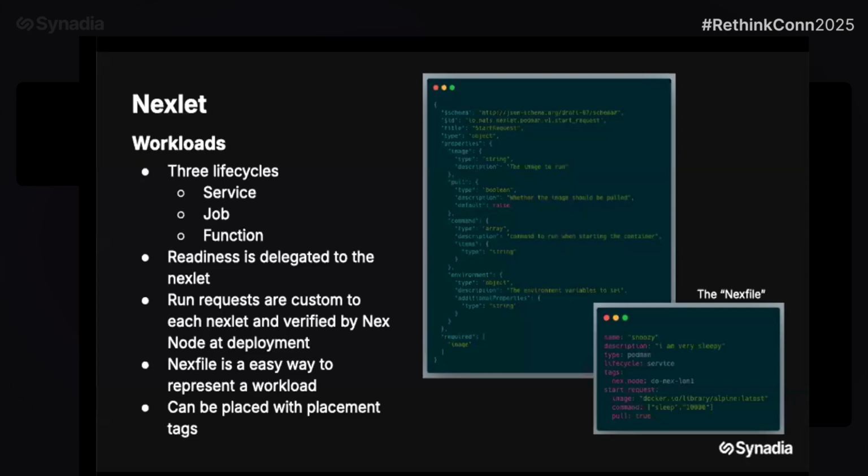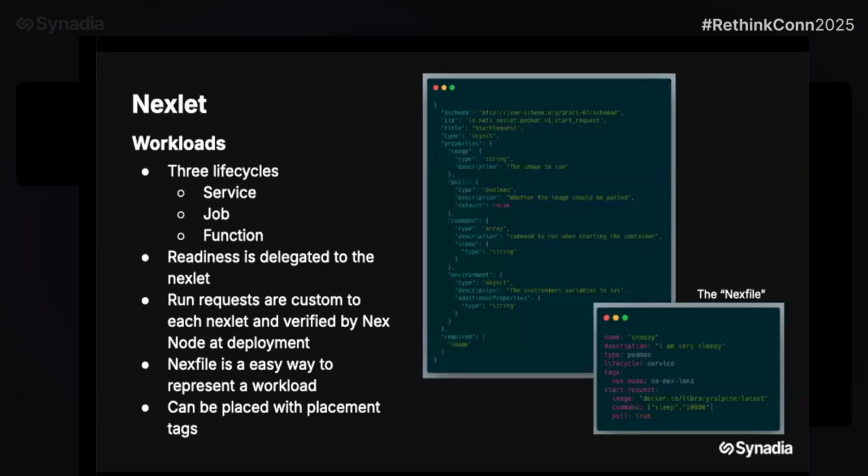The other big flexibility thing is Nex doesn't define what your start workload request has to look like. When you're building your Nexlet, you get to tell us that, and upon registering with the node upstream, you say, this is what my start workload request looks like. The node's like, got it. And anytime a workload request comes in, we actually validate it so that it doesn't get sent all the way back to you if it's bad. And if it's good, we send it back, and from there the Nexlet takes it on.